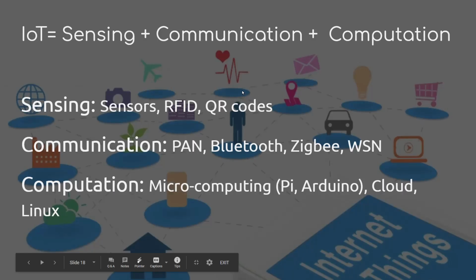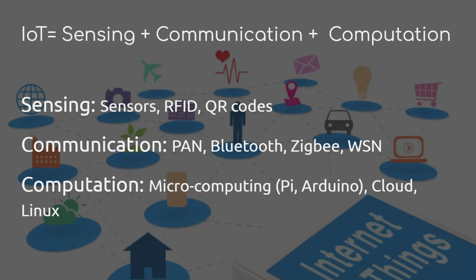If we have to put IoT in an equation format, it's about first sensing, communication and computation. In sensing, the sensors, RFIDs and QR codes will collect the data for you. Whenever you collect data, you have to communicate. For example, a QR code will connect to the internet and go to a particular website.